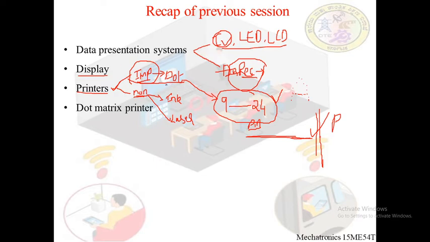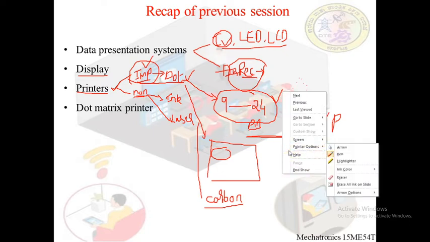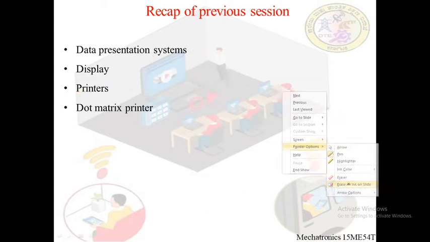The main disadvantage of the dot matrix printer was that they are very noisy and very slow in speed. The main advantage was we were able to localize the print in a sheet of paper. We can print at the desired location that we want without disturbing the remaining areas, and also we can create a carbon copy, that is a duplicate copy, while printing the original copy itself, which is not possible with other types of printer. Generating a carbon copy is possible only with the impact type of printers. Till here we discussed in our last class.